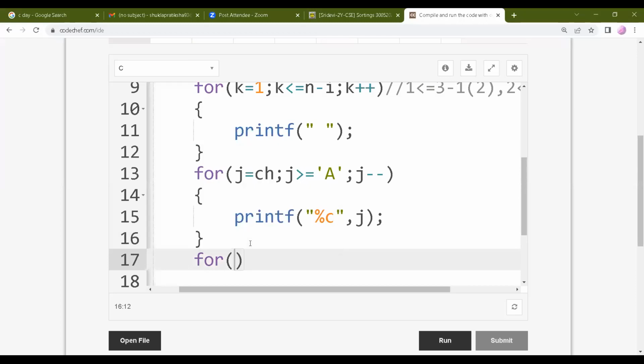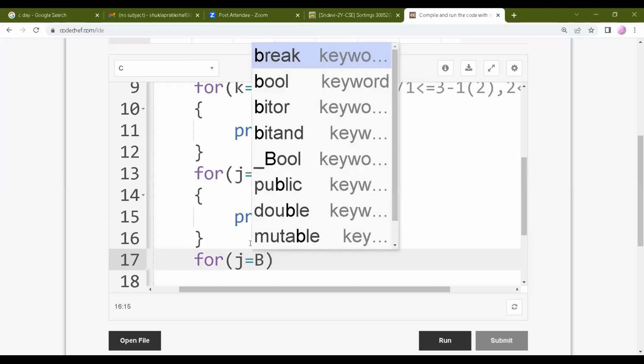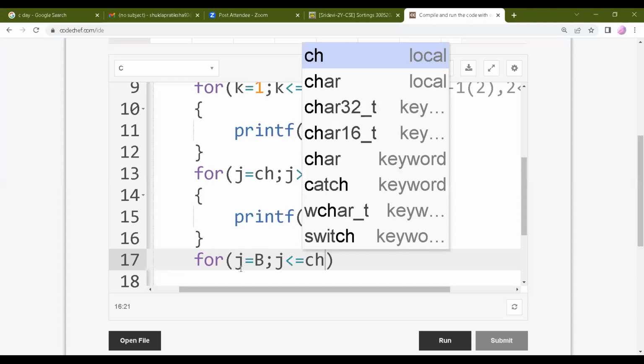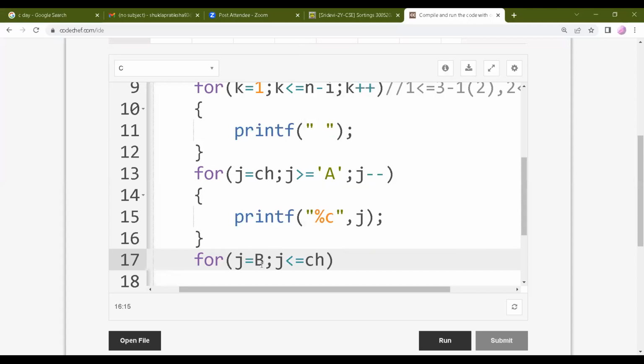If incrementation is remaining, from which place will the incrementation start? It will start from the character B. Correct? It will start from B, that is fine. The incrementation should happen until which place? It should happen until the character you had started with. Incrementation always starts from B and happens until the character you have started with. If you are starting from C, then half of the part, the decrementation, is completed. After the decrementation, incrementation starts from B and happens until